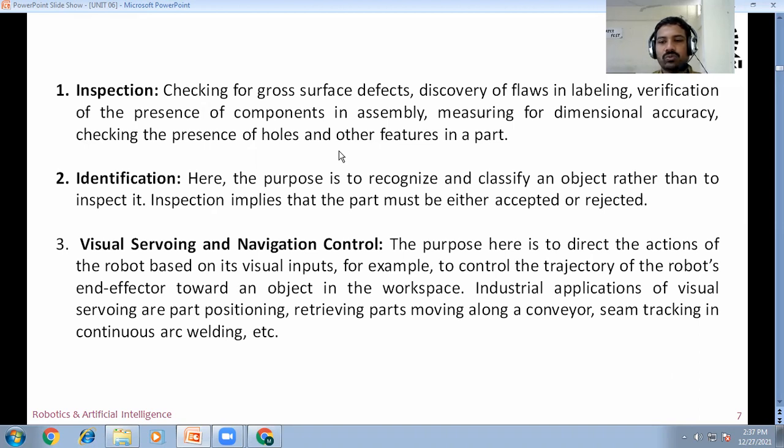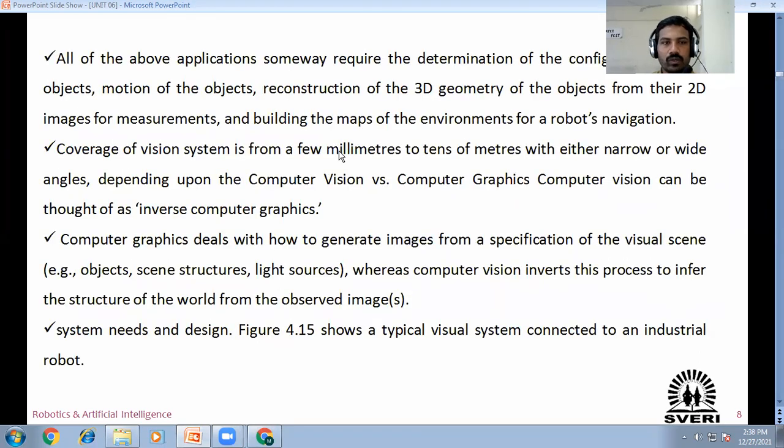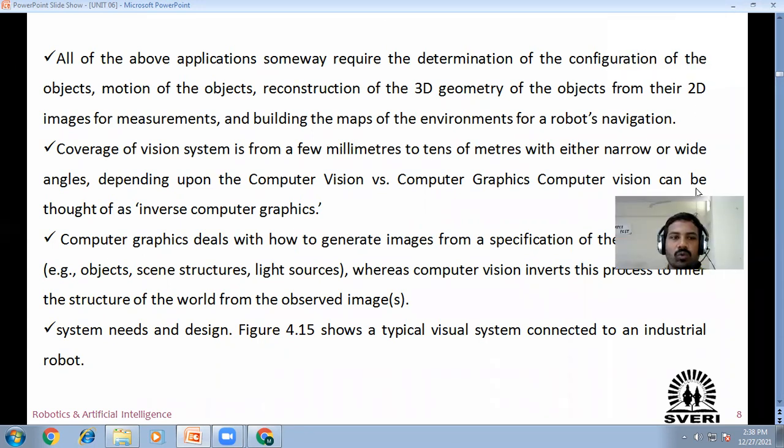The purpose here is to direct the actions of the robot based on its visual inputs. For example, to control the trajectory of the robot's end effector towards an object in the workspace. Industrial application of visual surveying are part positioning, retrieving part moving along a conveyor, seam tracking in the continuous arc weld. Okay, all above the application some way required the determination of the configuration of the object,